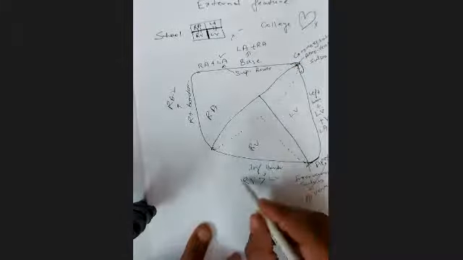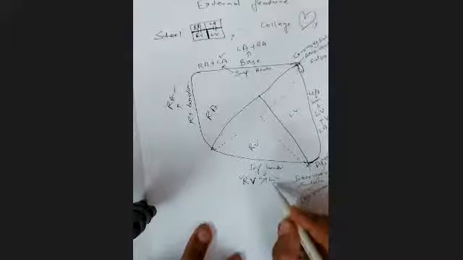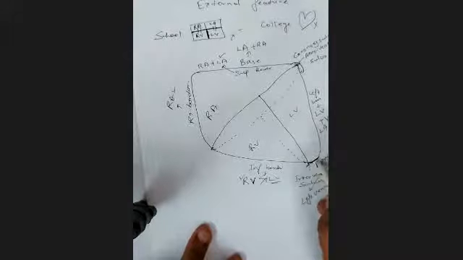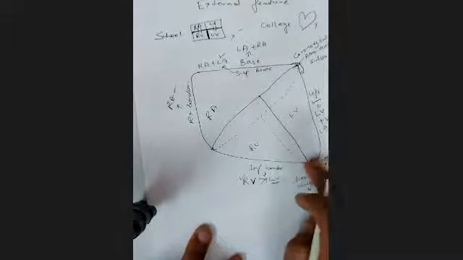The inferior border is mainly formed by the right ventricle, and also by the left ventricle towards the apex, a small part. So this much part of the inferior border is formed by the right ventricle, and a small part near the apex is formed by the left ventricle. While the left border is mainly formed by the left ventricle, some part by the right atrium, that is the right auricle.